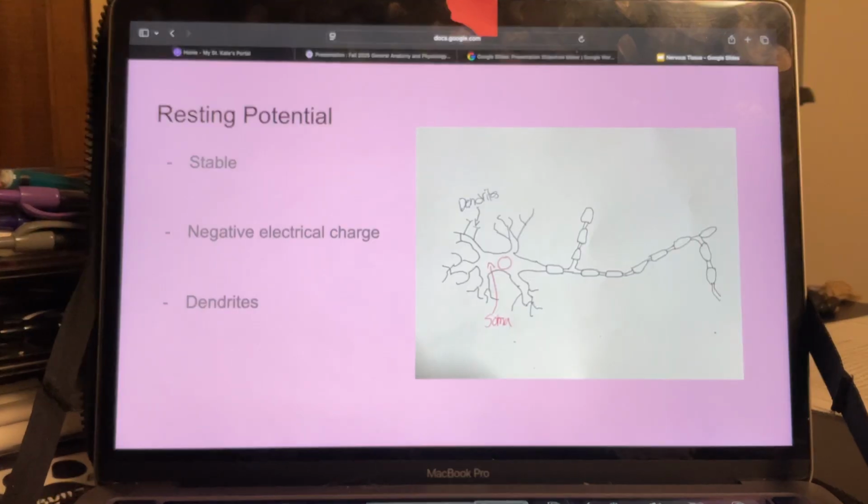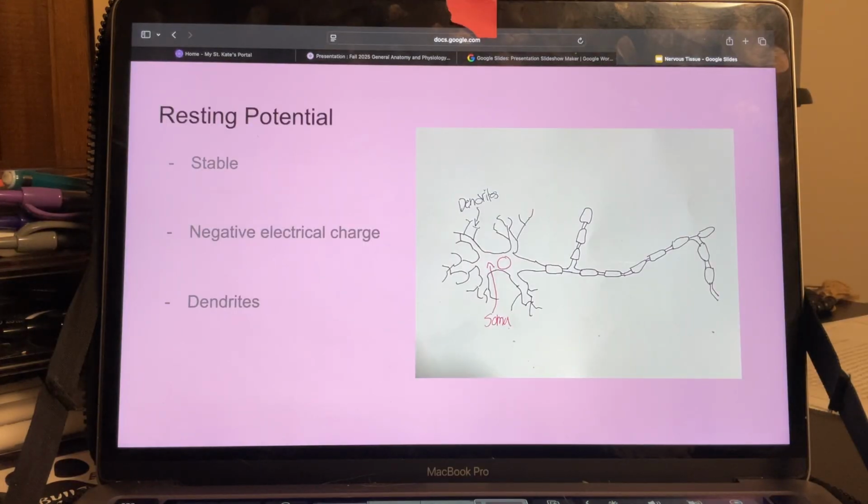We'll move into resting potential here. You can see it's a more stable, negative electrical charge, and a good example would be the dendrites. The definition here is the stable negative electrical charge across the membrane of a neuron when it's at rest. That's the big thing there. The mechanism is maintained by the sodium-potassium pump, which uses ATP to actively move 3 sodium ions out of the cell for every 2 potassium ions it pumps in, and by the passive diffusion of ions